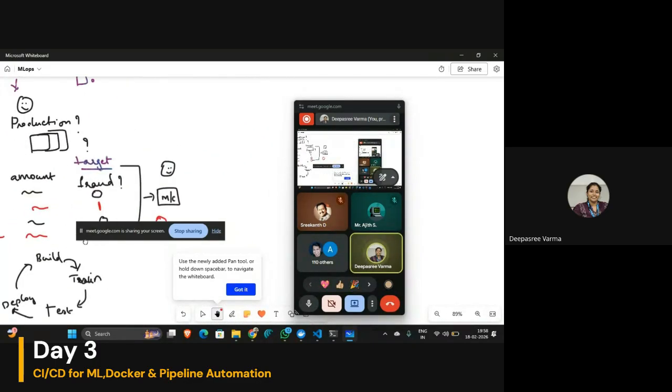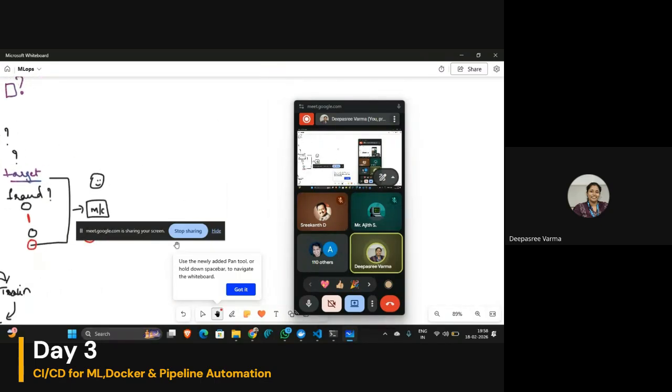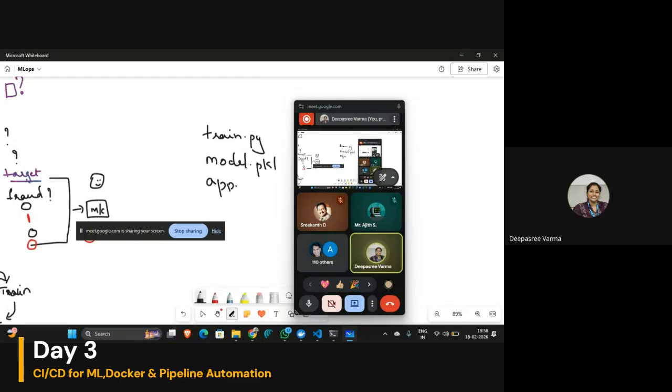Now today, once we have made our model, yesterday we created a file called train.py, which is basically our model. Once this is run, we get a file called model.pkl, the pickle file, which is the model I have built and saved. I also created a file called app.py, the Flask file, which in turn uses index.html to show the application.